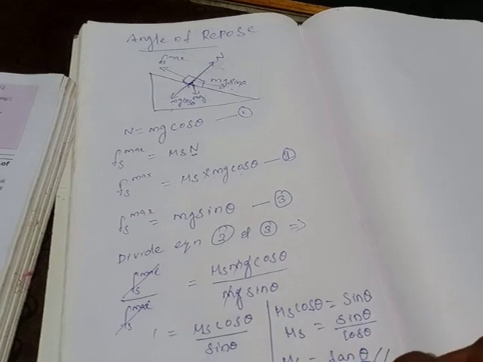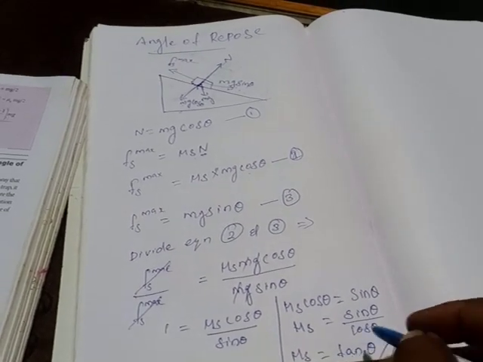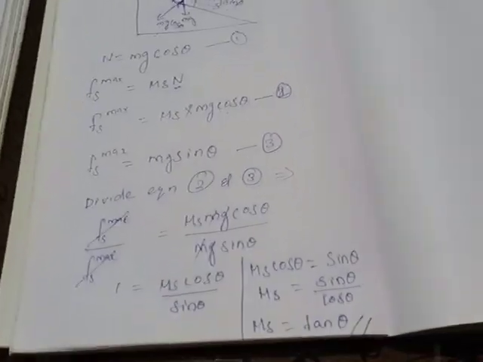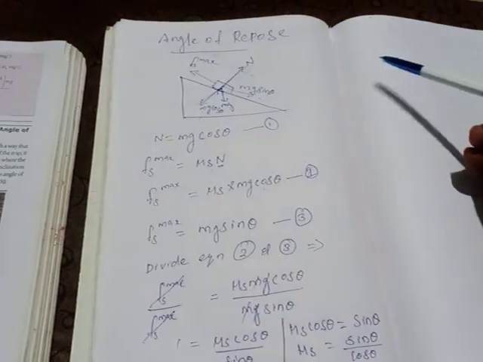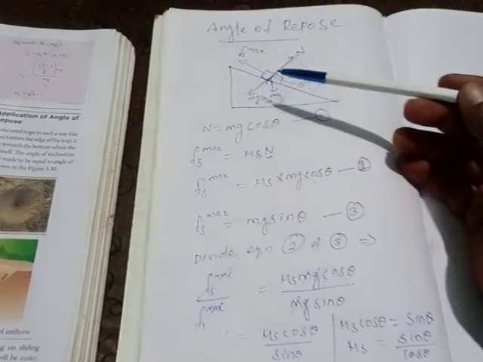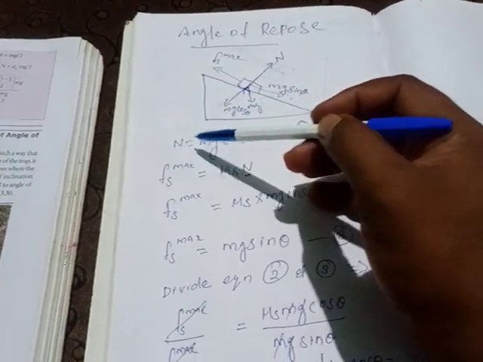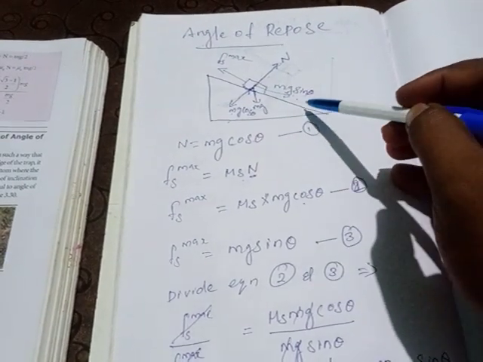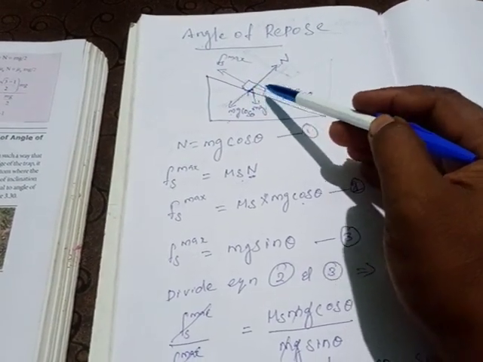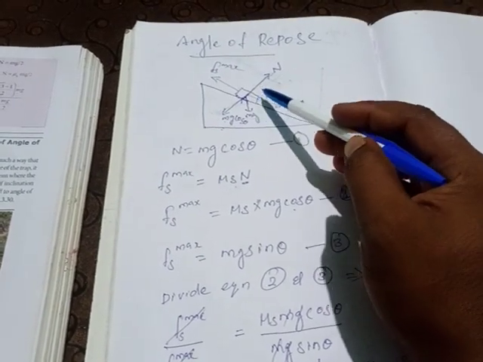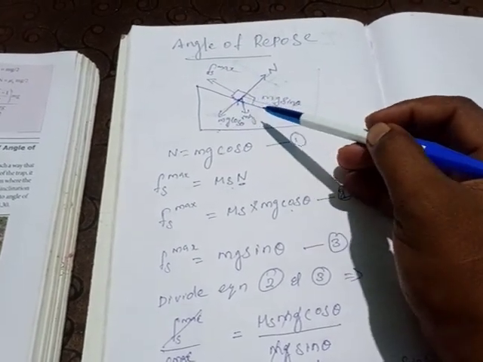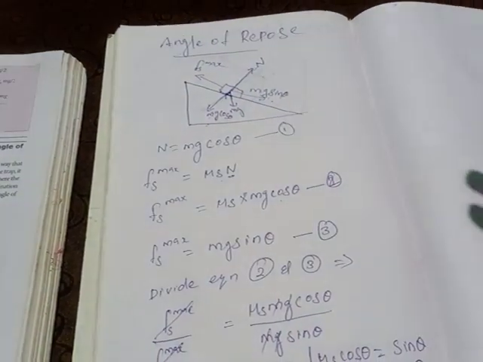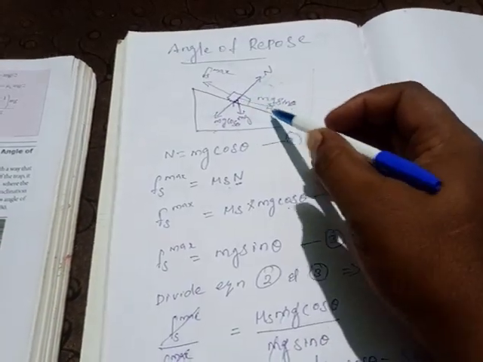And we know that mu s equal to tan theta is also the same as the angle of friction. And you can see this equation again. This is also one of the important questions. Angle of repose. You see, first we are considering an inclined plane, and on that inclined plane an object is kept. If you keep it at a small angle, the object won't move in the downward direction. If we increase the angle, the object starts to slide.